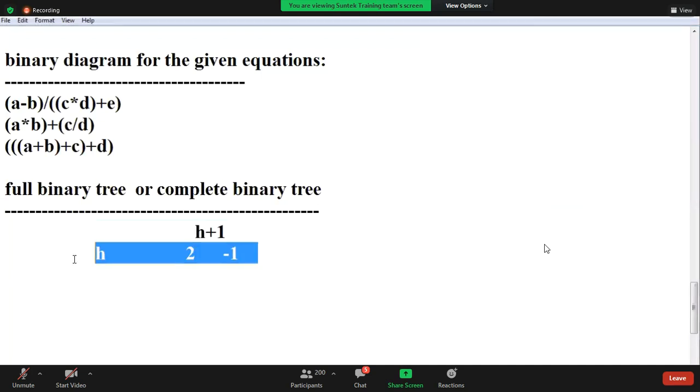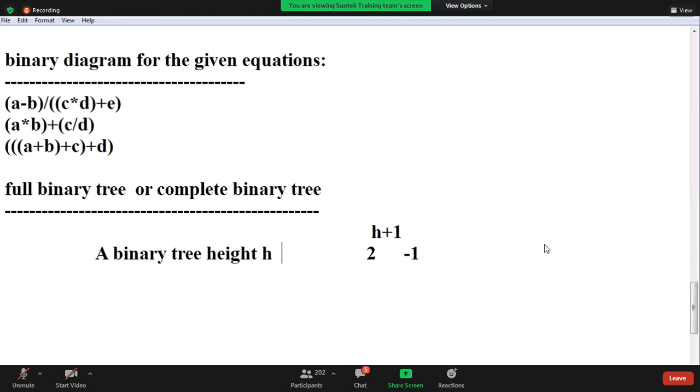A binary tree, sorry, a binary tree of height h contains 2 power h plus 1 minus 1 elements.